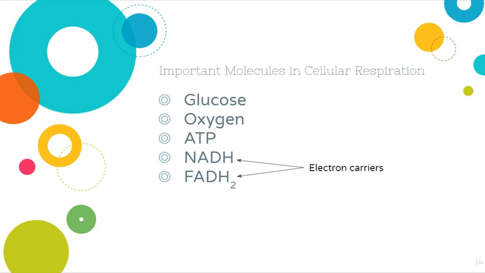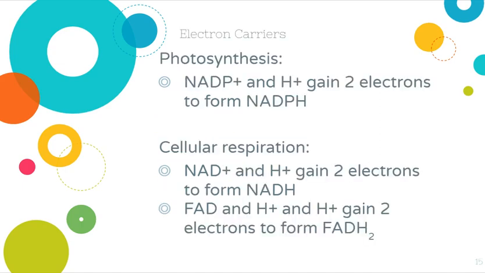In cellular respiration, important things are going to be glucose and oxygen. ATP, right? We're trying to make ATP, that's the point. We're also going to see these things, NADH and FADH2, come up. Okay, these things are electron carriers. And if you remember back to photosynthesis, we've already seen an electron carrier before, right? In photosynthesis, we had that NADP plus and H plus. Remember NADP reductase that made NADPH and it went and dumped those electrons in the Calvin cycle? Remember? You're like, I'm trying to not remember. I know. Okay, so that was our electron carrier there.